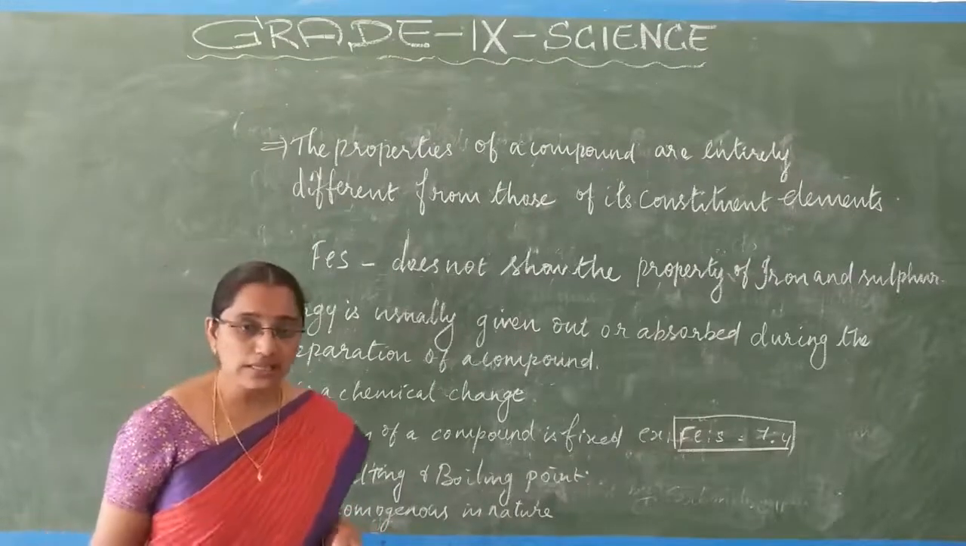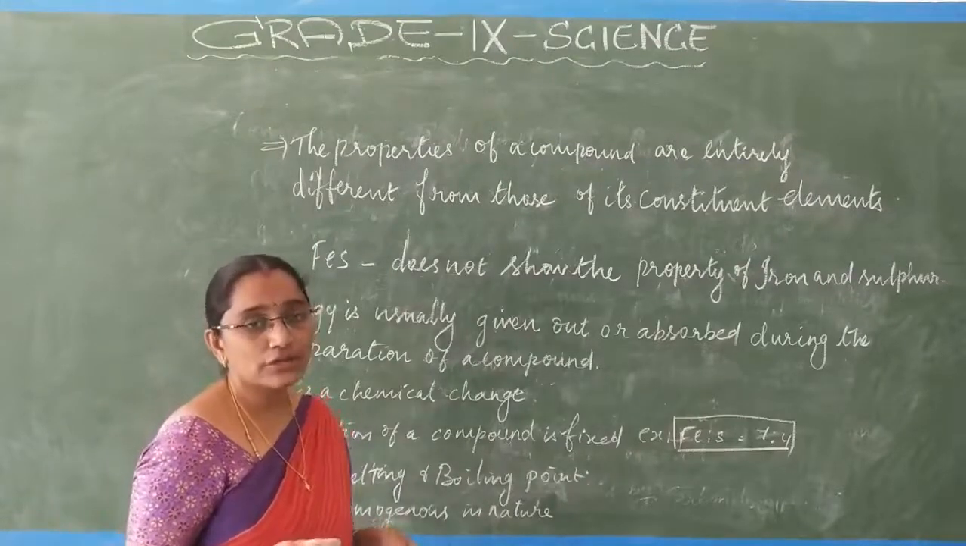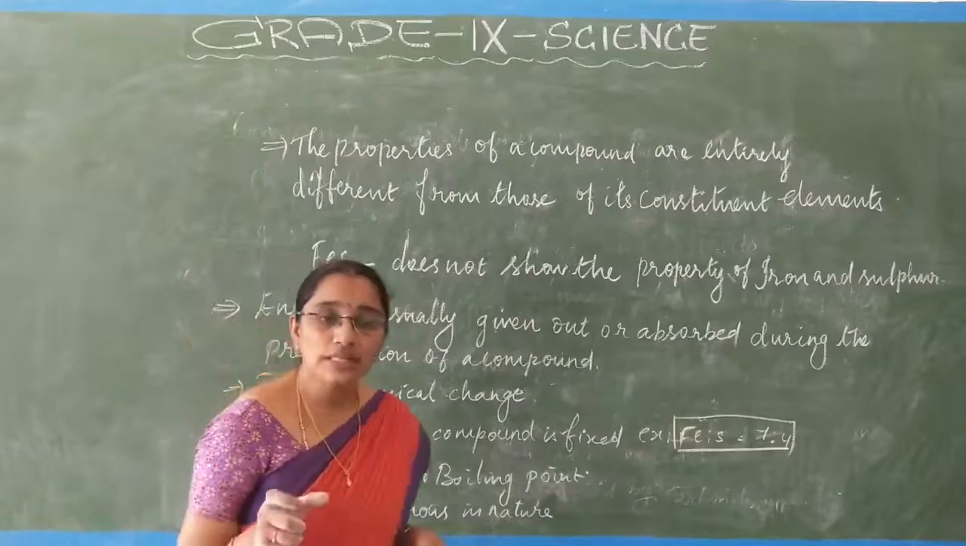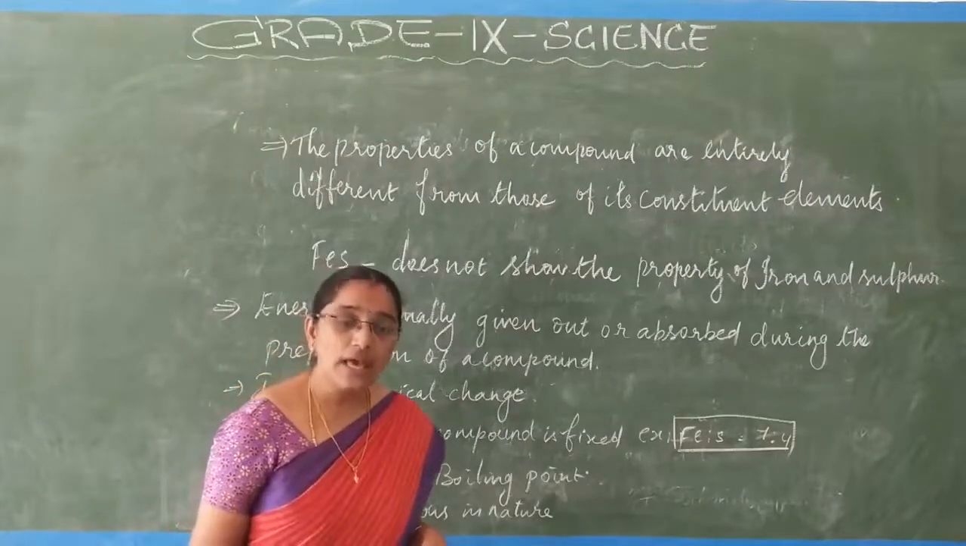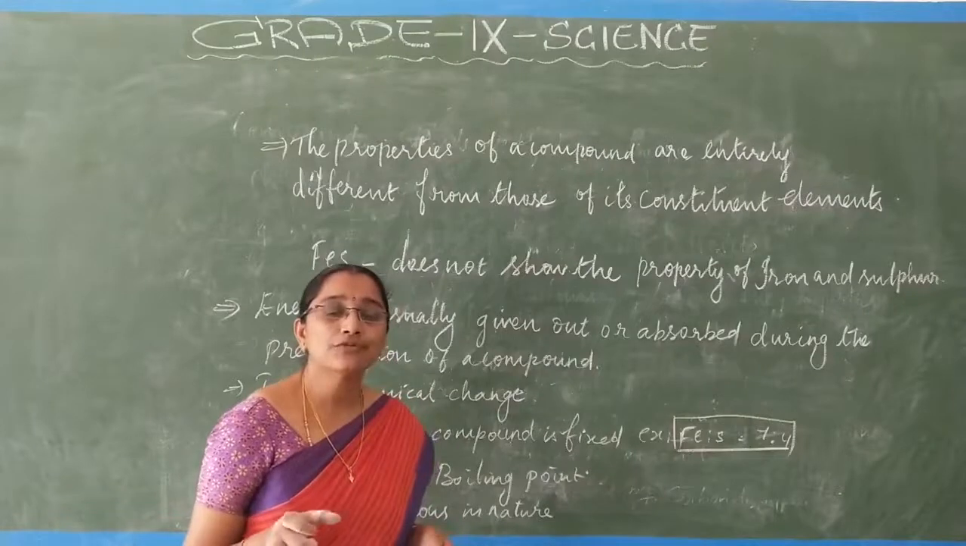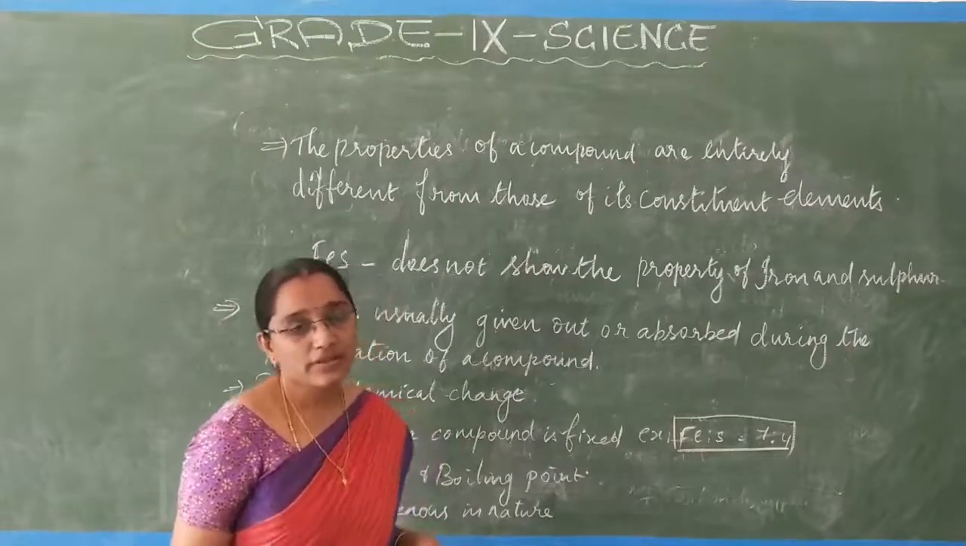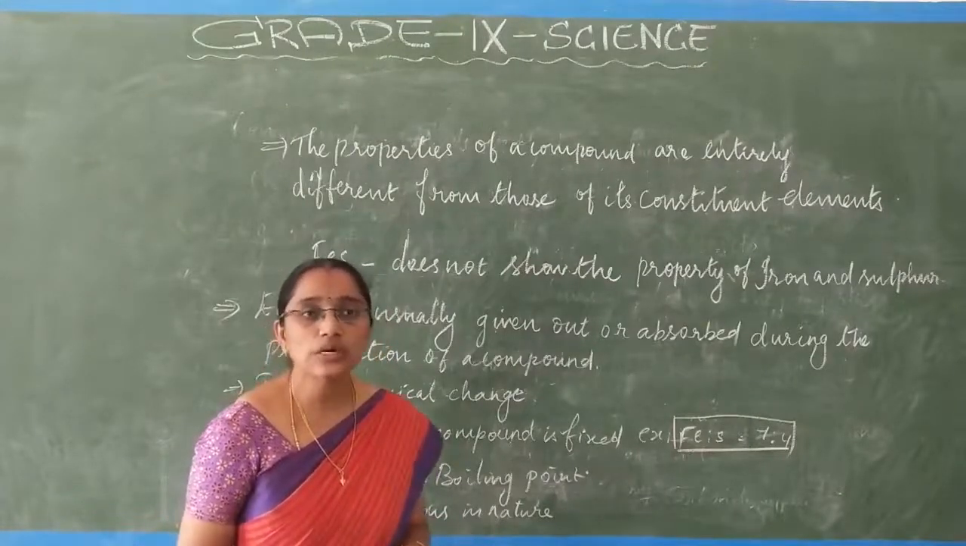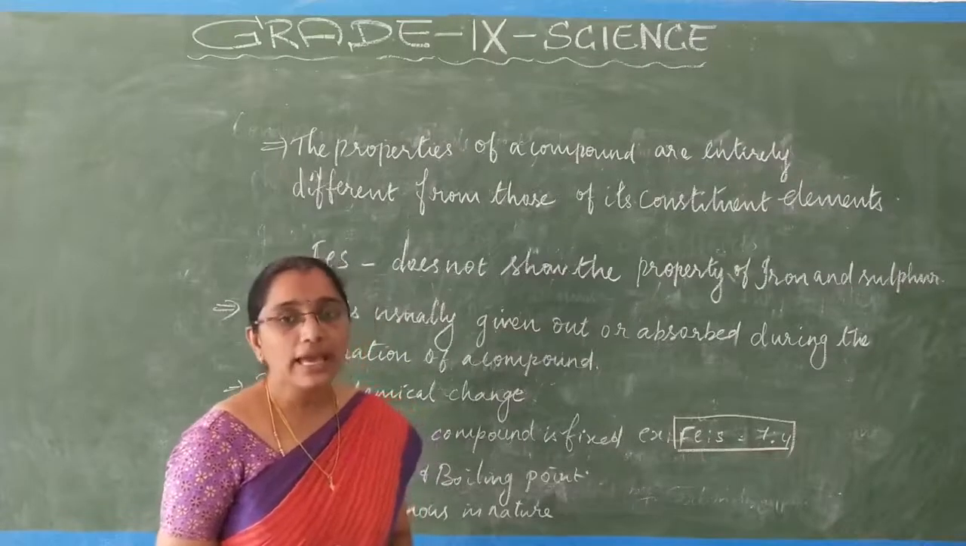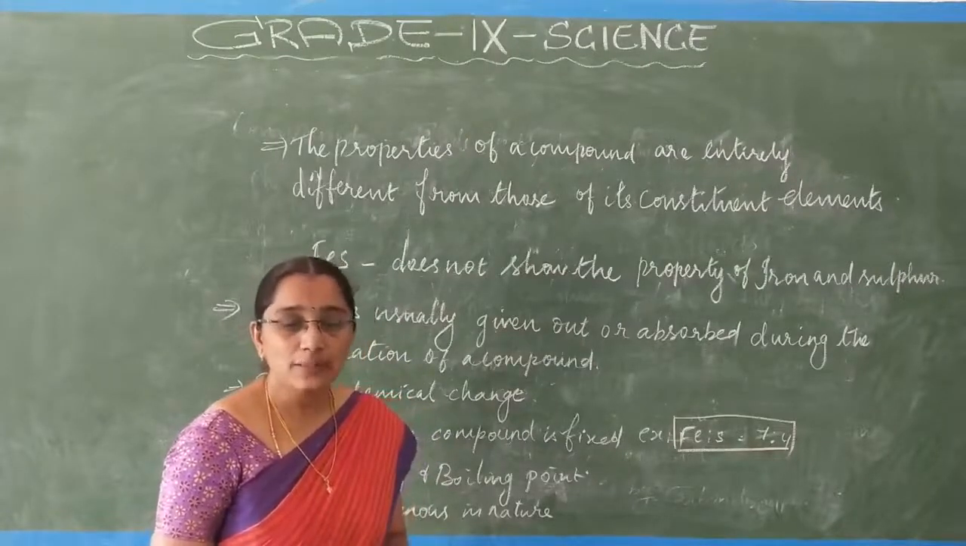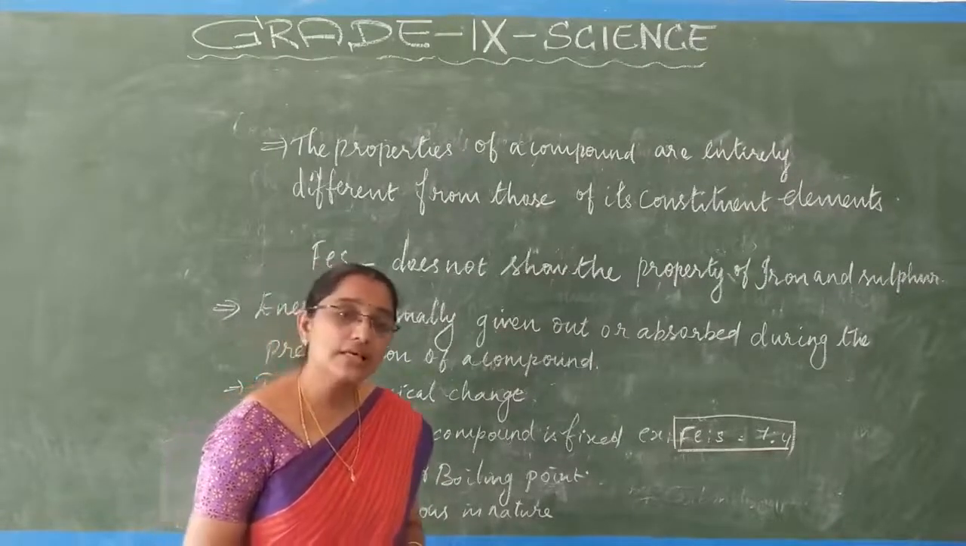So in this class we have discussed the definition of matter, and we have seen the properties of pure substances. We have seen the definition of an element, and we may classify the elements into three parts: metals, non-metals and metalloids. We have also seen the properties of compounds. In the next class we are going to discuss